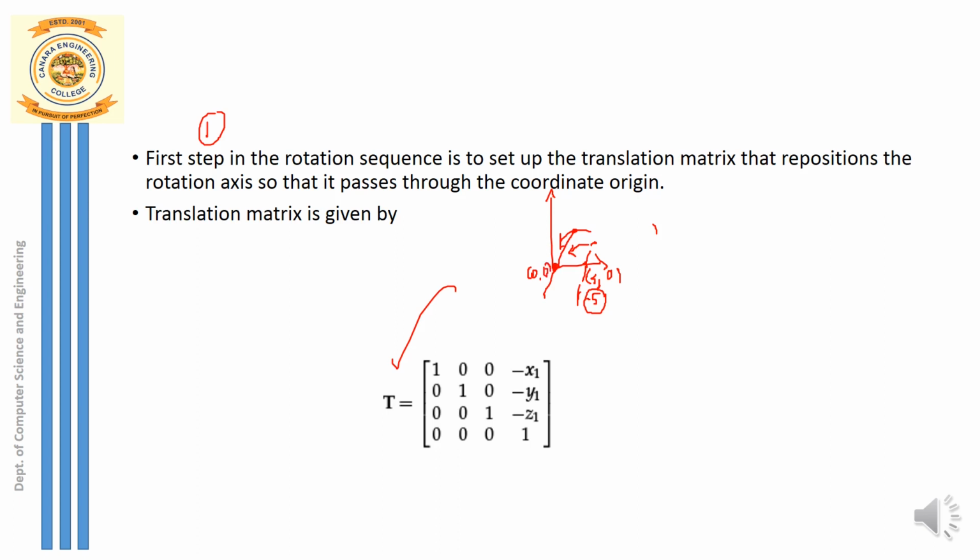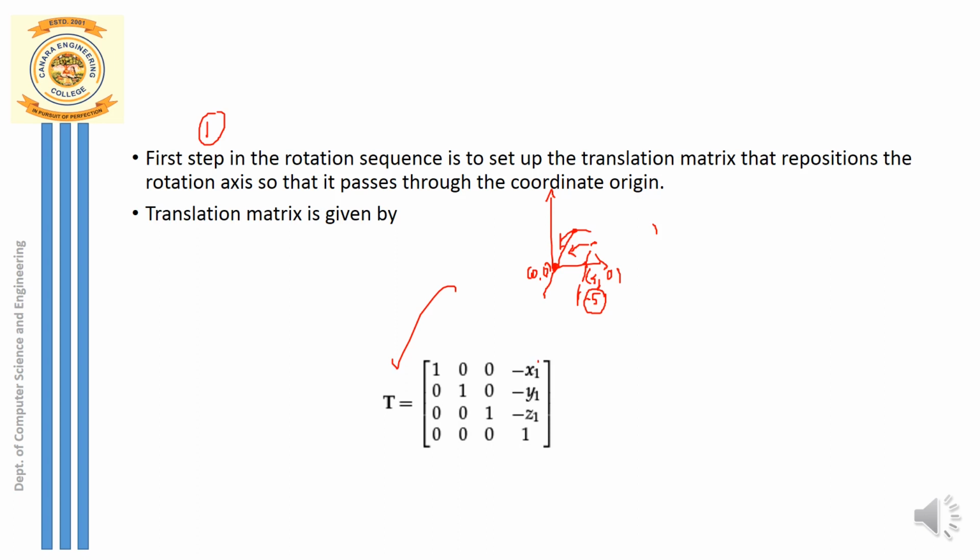Okay, so what is it you are trying to do now? You get this object to the origin, and how do I get this point to the origin? By performing reverse translation. What is reverse translation? You just subtract the coordinates from itself. So if the coordinate is given by (5, 0), subtract this 5 from it, that is minus 5. So this is a translation factor along the x axis.